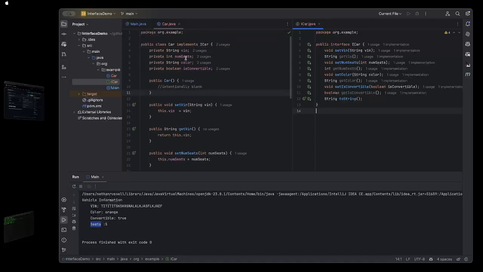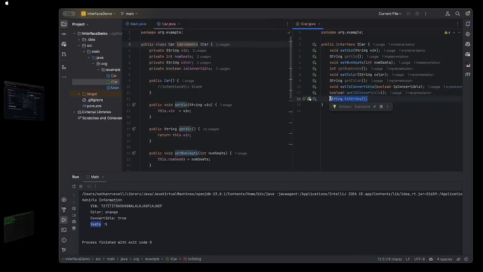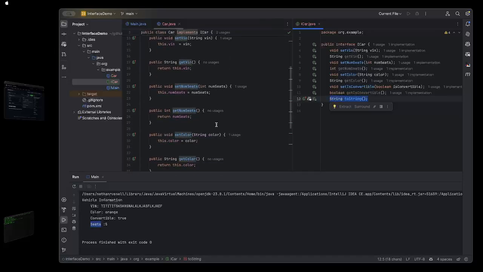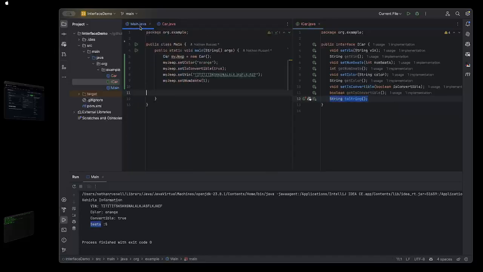notice one thing about it. This does not turn red when you do toString. So why does that happen? It turns out that every class has a toString that gets built automatically. So I want to show you guys what happens if I don't actually do it. So I'm going to go over here and I'm going to say maybe